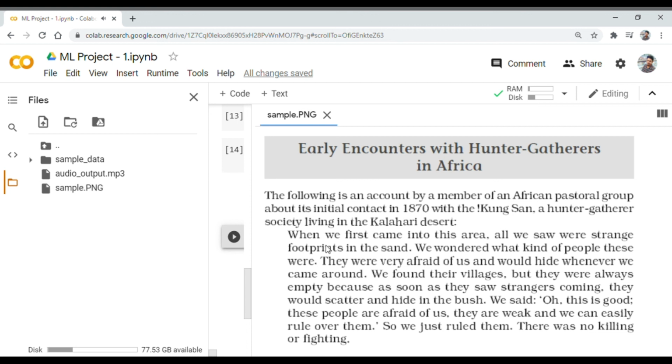They were very afraid of us and would hide whenever we came around. We found their villages, but they were always empty because as soon as they saw strangers coming, they would scatter and hide in the bush. We said, "Oh, this is good. These people are afraid of us. They are weak and we can easily rule over them." So we just ruled them. There was no killing or fighting.